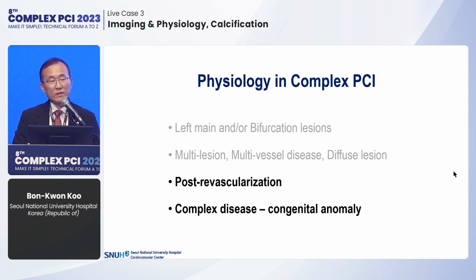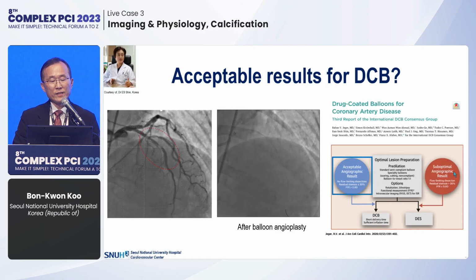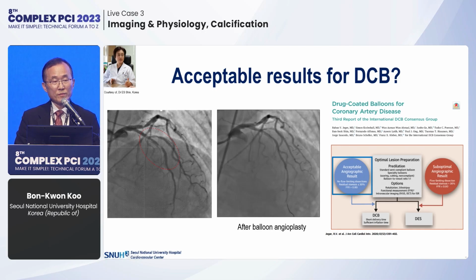Then we are talking a lot about DCB nowadays, and we know from this very excellent consensus document that there is a criteria for DCB according to the angiographic result. I borrowed this case from Professor Shin, who is the master of the DCB. So, mid-LAD, very tight lesion, balloon angioplasty. There's no flow-limiting dissection, but residual stenosis is around 30 to 40%. So I would say it's an intermediate degree of